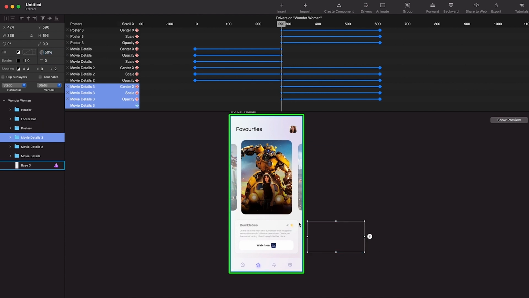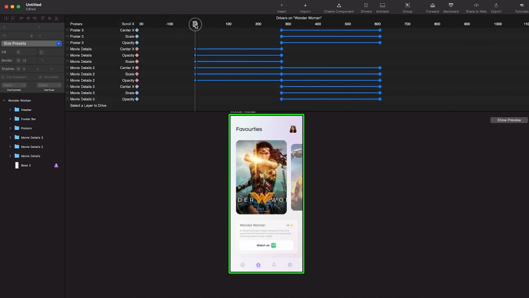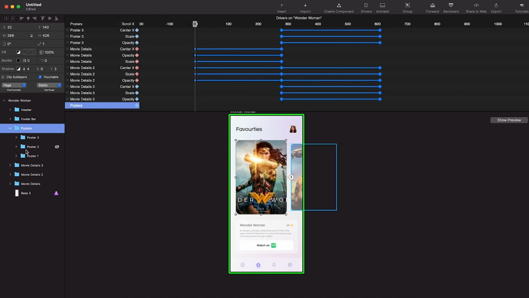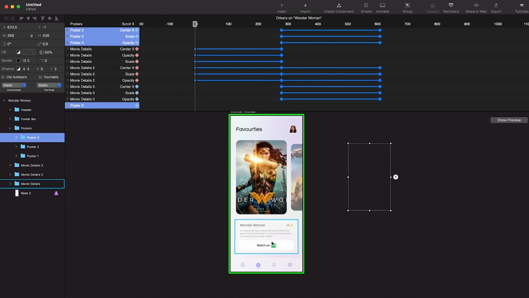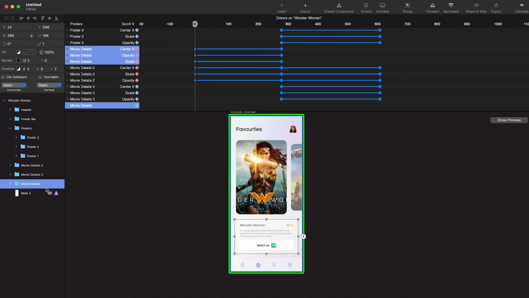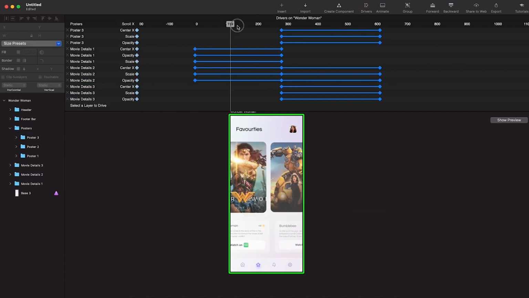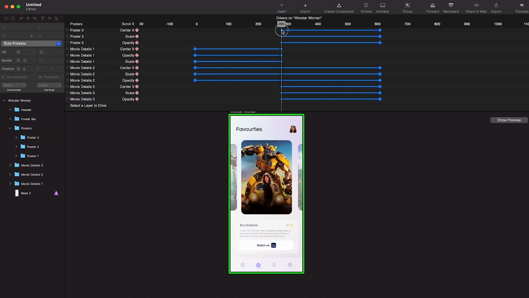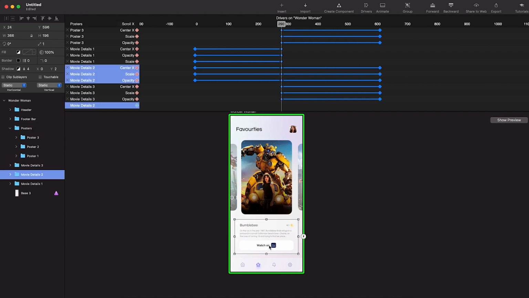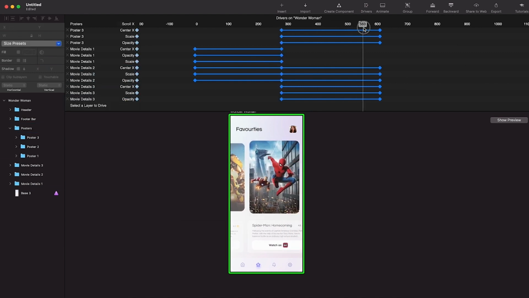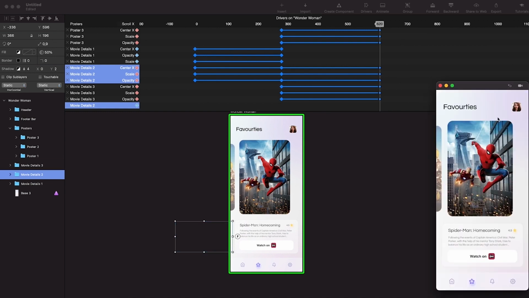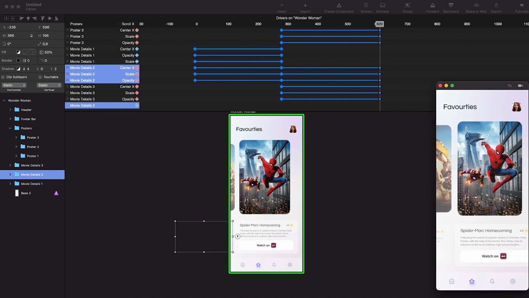So basically if you focus on 0, we have poster 1, which is Wonder Woman, and poster 2 and poster 3, and we have movie details. I'm just gonna rename it to movie details 1, 2 and 3. And when you move to the second Bumblebee poster, it comes in center, and when you move to the last poster, Spider-Man comes in center. So now let's preview it, reset, and as you can see,